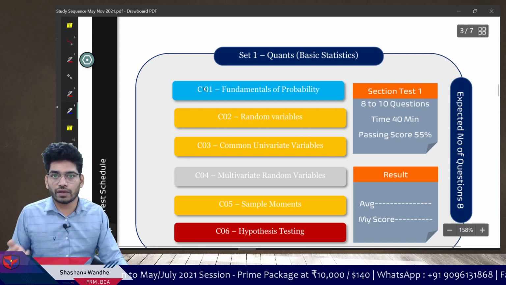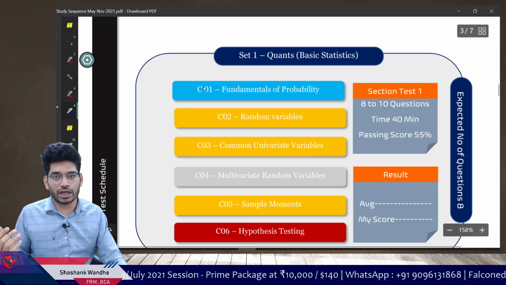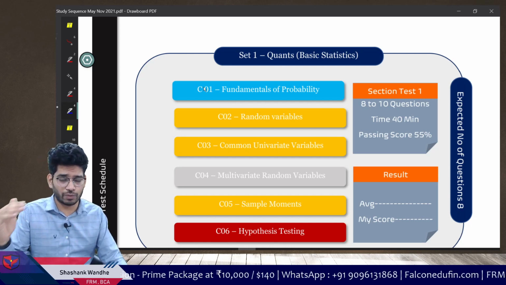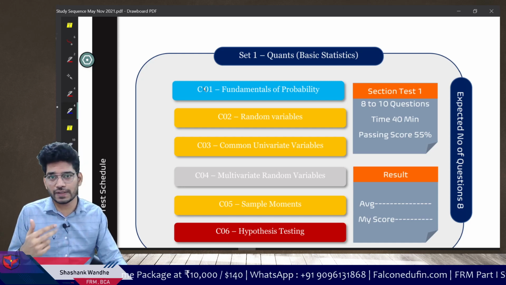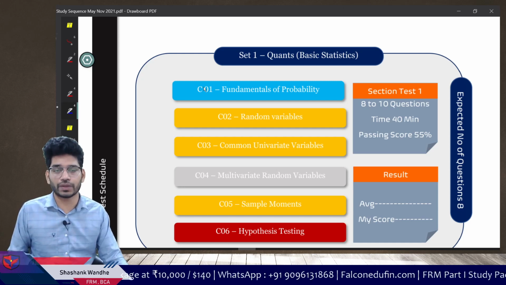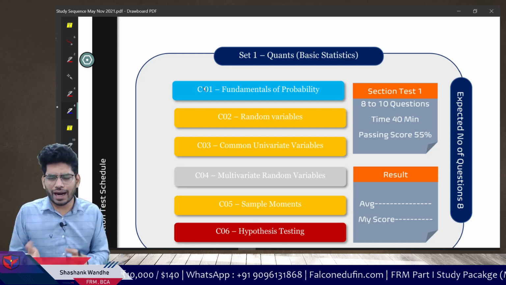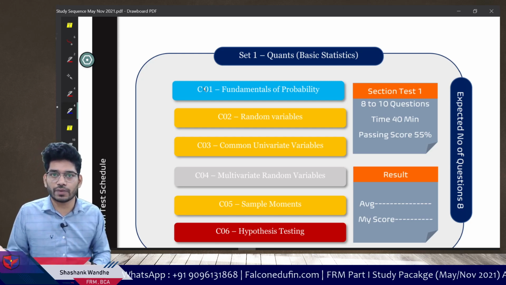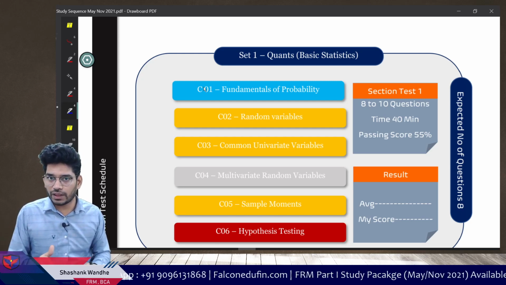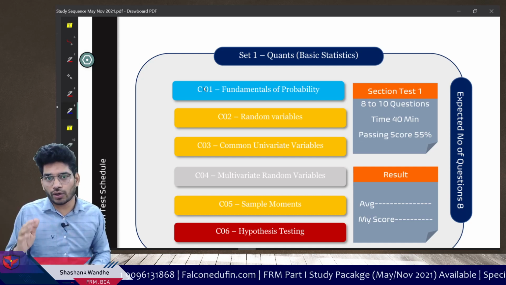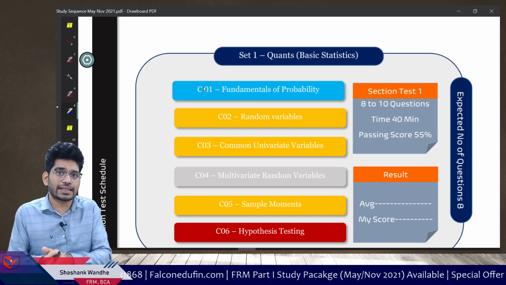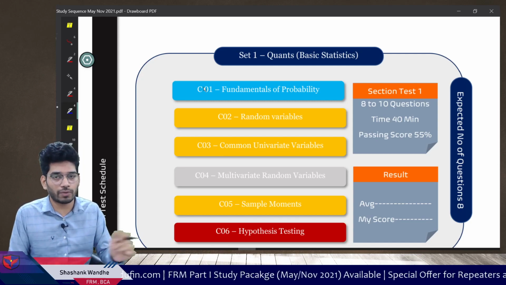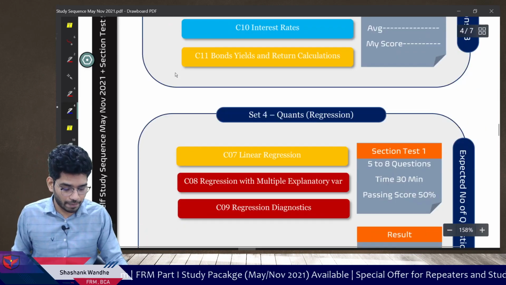In FRM Part 1, we know that we have 4 books, starting with the Foundations of Risk Management, in the order of book 1, 2, 3, 4. So it is Foundations, then Quants, FMP and VRM. Now, if you are not following the self-study sequence, you will start with book 1. Then you are going to come across chapters which require an understanding of chapters covered in book 3, book 2 or book 4. I will give you one short example.